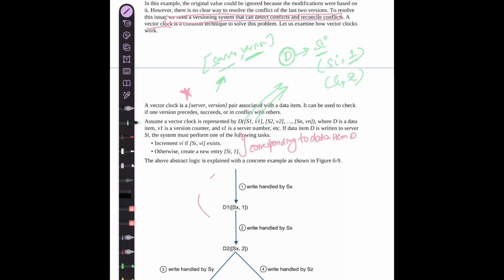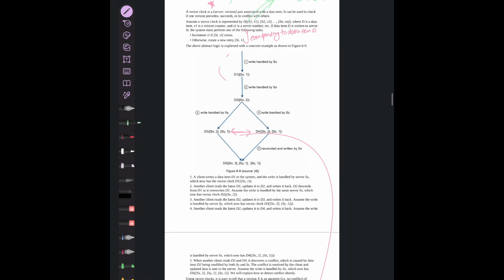And since you know that there are multiple servers, if for a server you detect a version number which is less than this version, you would certainly know that there is some set of writes that is not done here. I hope this is clear. But let us understand it with this situation. So what happened here is, I'll just write the algo here parallelly.